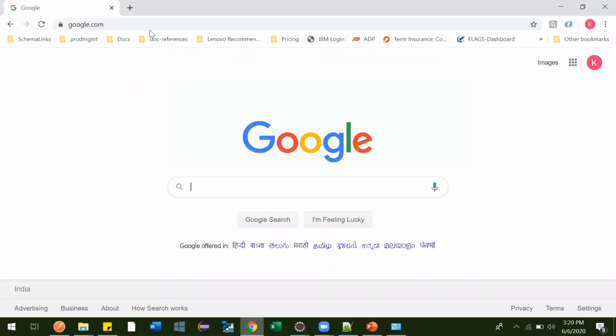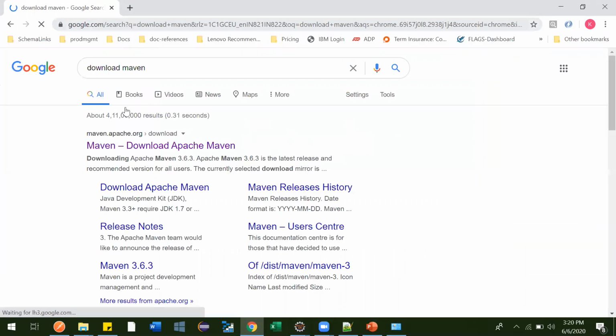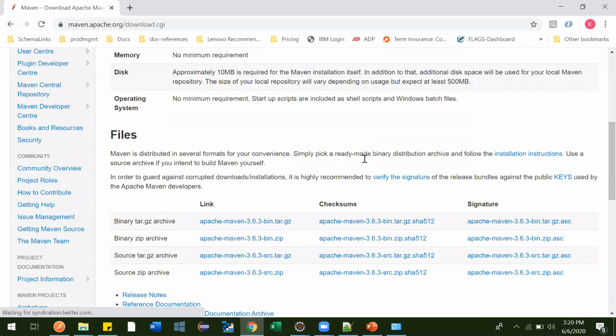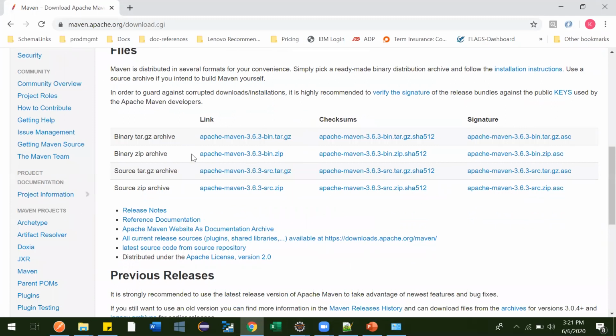Go to the browser and type here download Maven. Just go to this website and you can download here, not the source file, just the library, Apache Maven binary.